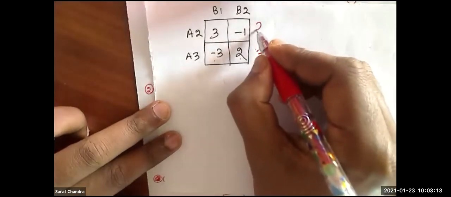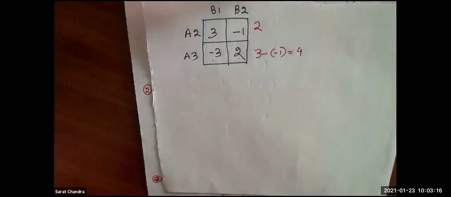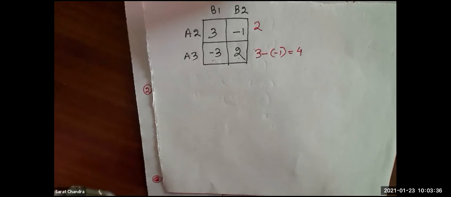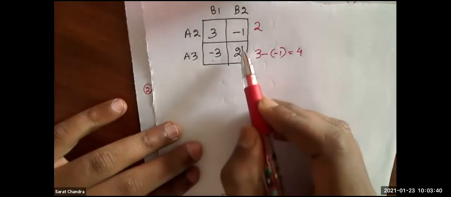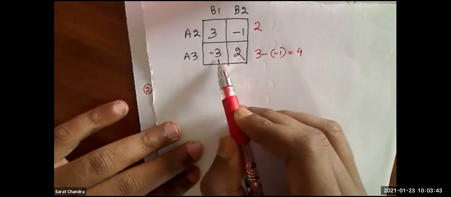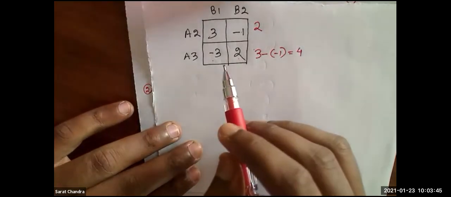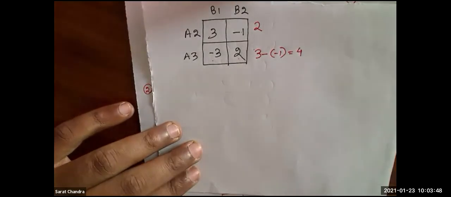Roll number 3B0, you go and wash your face first. You are sleeping. Go wash your face, then come. Don't sleep in the class. Even if you switch off your video, I can still see you. Put a message after washing your face, 3B0. I will call you after the class.